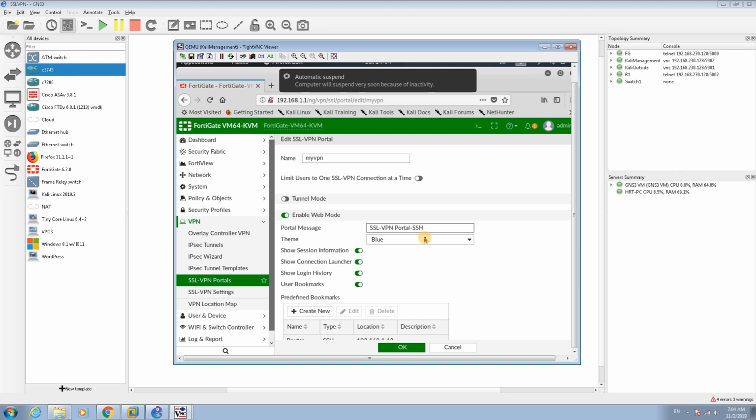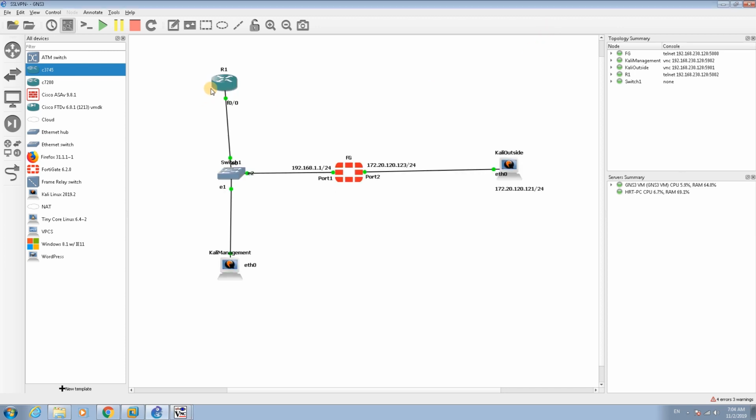You can set the portal message here, SSL VPN SSH, and I want to get the green theme for that one. You can use a different bookmark here. You can set the bookmark, but first of all I go to my router and I check the IP address